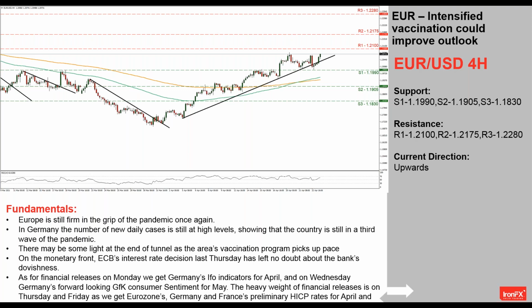Now, the heavy weight of financial releases is on Thursday and Friday, as we get Eurozone's, Germany's, and France's preliminary HICP rates for April and preliminary GDP rates for Q1. Moving now to the Aussie,